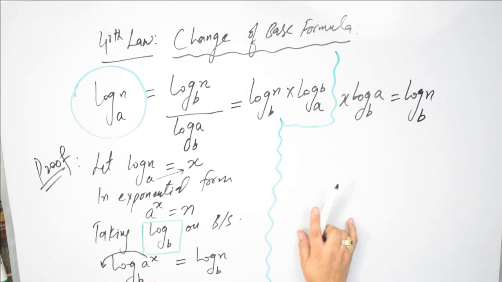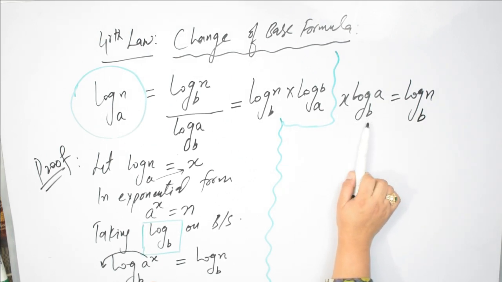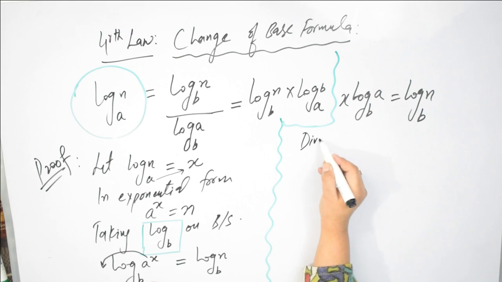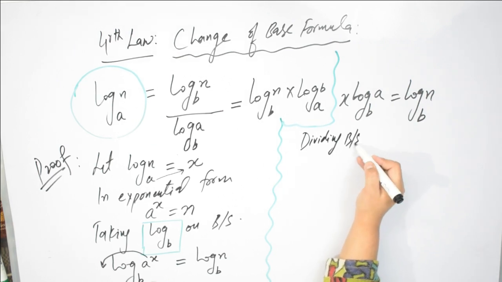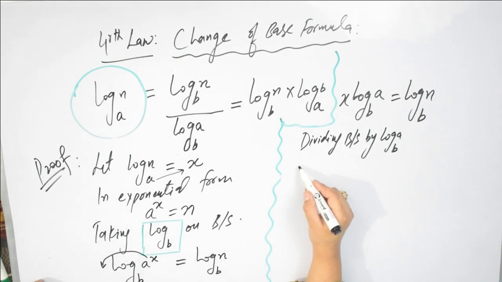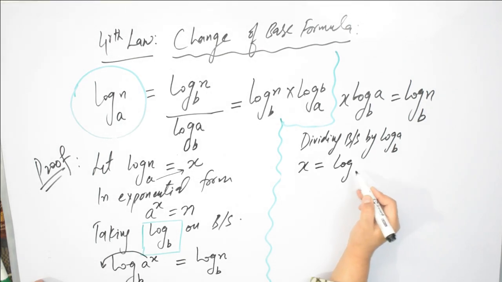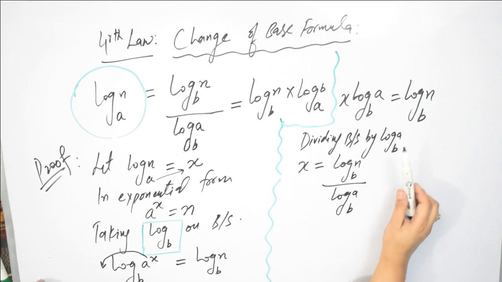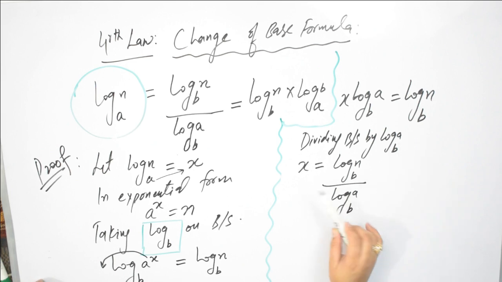Now I want to isolate this x from this term. So मैं क्या करूँगी, dividing both sides by log a to the base b. So x is equals to log of n to the base b upon log of a to the base b. What I did, I divide log a to the base b on both sides. Obviously it will cancel with this term, and my answer is log n to the base b upon log a to the base b. Now putting value,